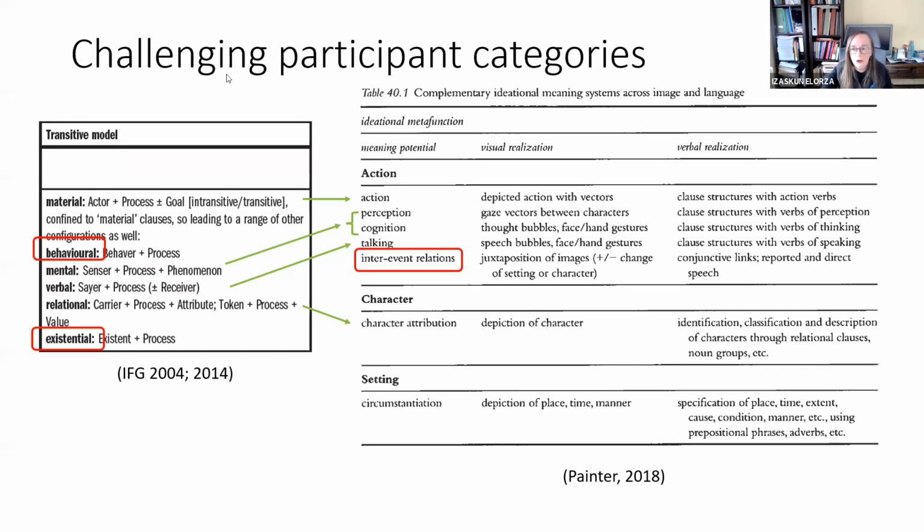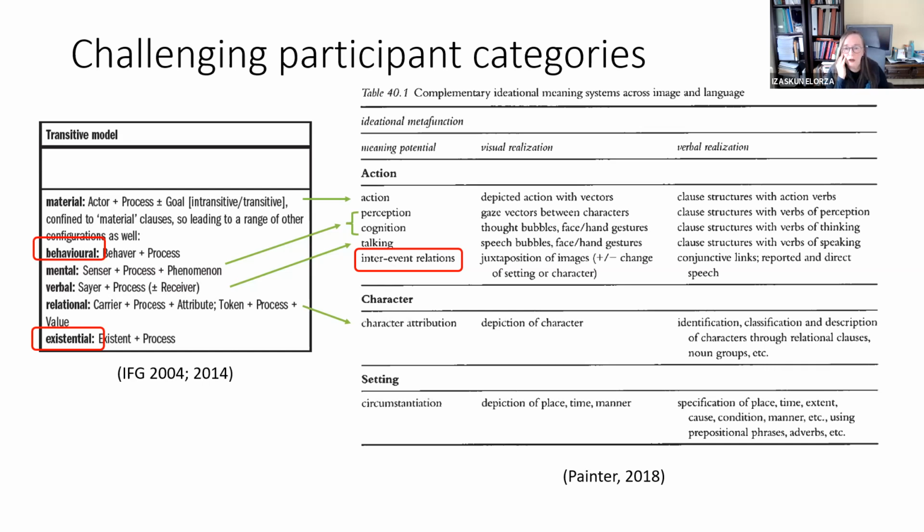But the thing is that if we go to the range of processes that we can distinguish in terms of verbal resources, you know that we have three main ones, but all in all six, depending on the approach, three core ones, and maybe the others are subsidiary. I'm not going to discuss that. But the range of options is different. As I said before, we are not going to find existential processes constructed visually, at least not in my interpretation of existential processes.